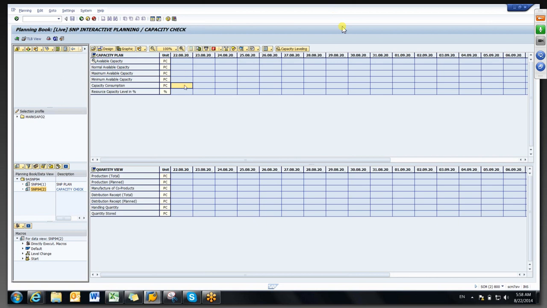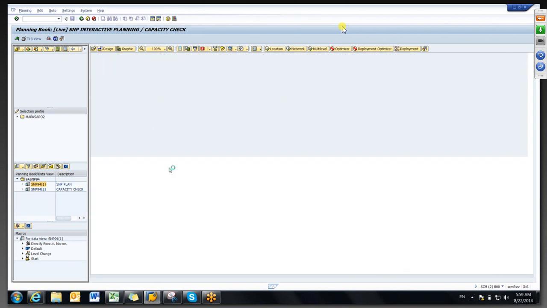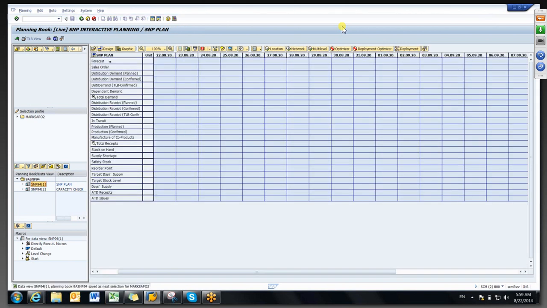So for the same order, when you load the resource, whatever the capacity, it will show how much it is occupied. The same it will show down below with the planned orders or production orders, from which orders it has been occupied. There are two different data views. And coming back to the planning book,